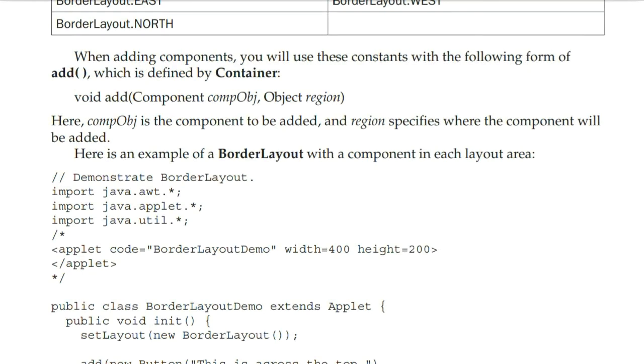When adding components, you will use these constants with the following form of add method, which is defined by Container: void add(Component compObj, Object region). Here compObj is the component to be added and region specifies where the component will be added. Here is an example of border layout with a component in each layout area.